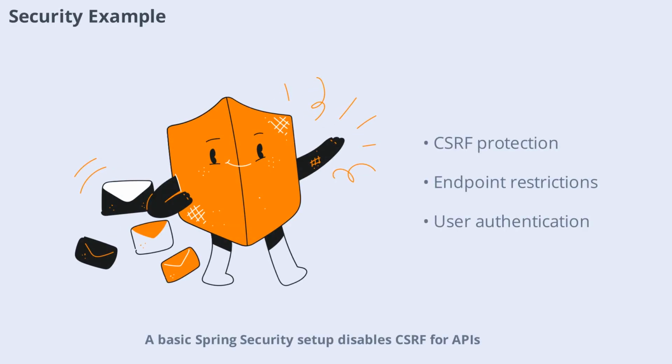A basic Spring Security setup disables CSRF for APIs, allows public access to certain endpoints, and requires authentication for everything else. This simple configuration goes a long way in protecting your application from unauthorized access and abuse, keeping your data